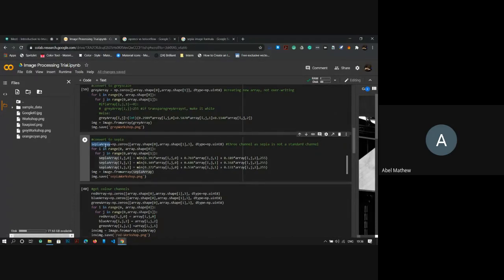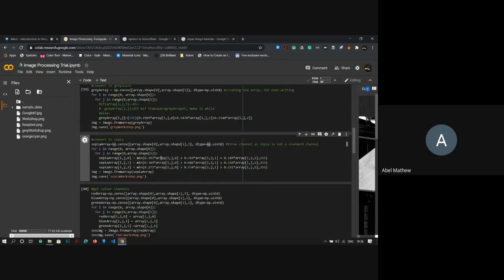the way that I am doing it, that I am creating a new image that is going to become the sepia image. I am not overwriting the existing image. Even that can be done, because once we have calculated the sepia value of a pixel, we are not reusing it. So our top left value of sepia is done, so we are not using the top left part for computing the remaining parts. So we can even overwrite it, but once you have overwritten it, you won't get the image back instantly because we are overwriting it. So even that can be done. What I've done over here is creating a new array and using it.